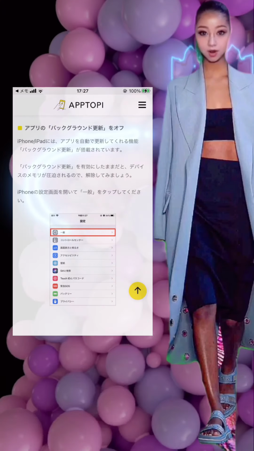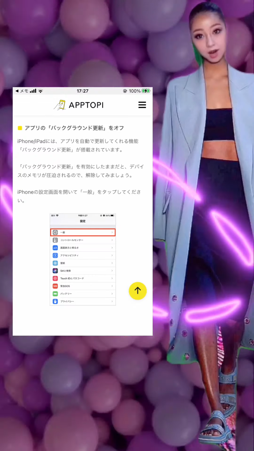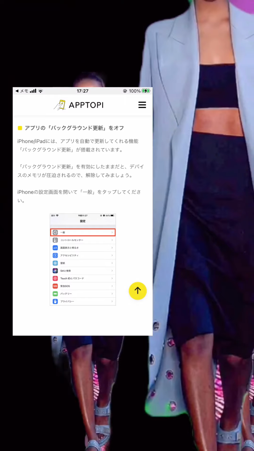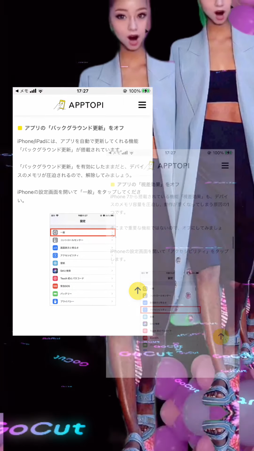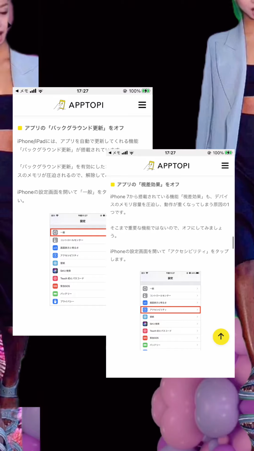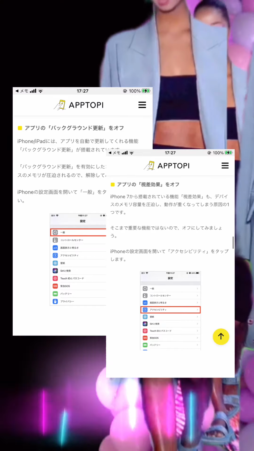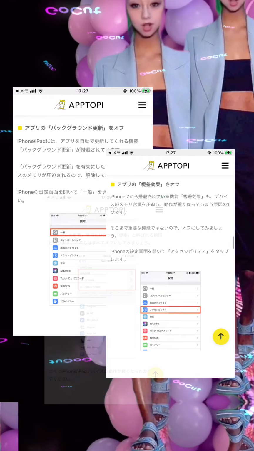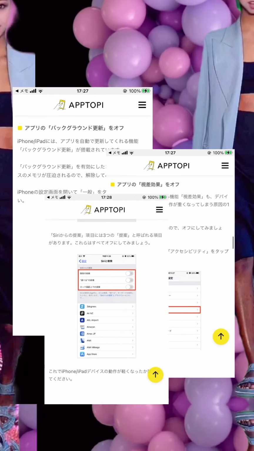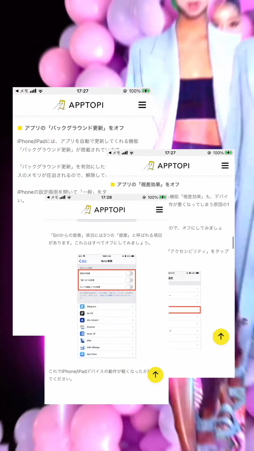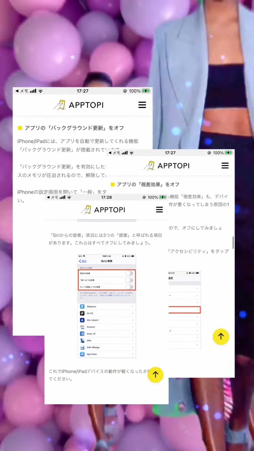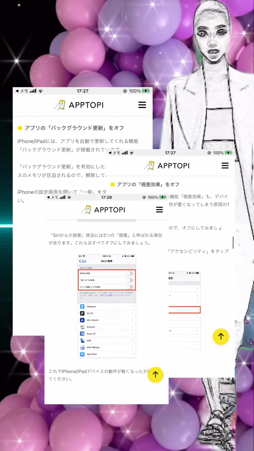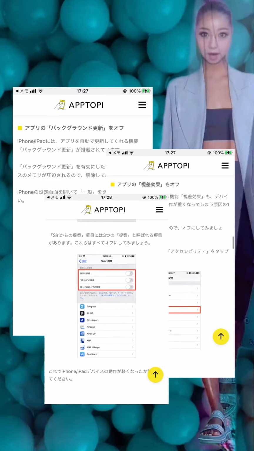2. Reduce resident apps to free up RAM. This is described in detail at the following site. In summary, in the iPhone settings, if you turn off all of app background update, parallax effect, and Siri operation, the RAM memory will be released accordingly. But I tried it, and in my case I could not confirm this effect this time.